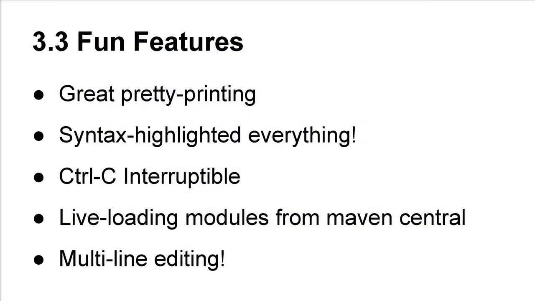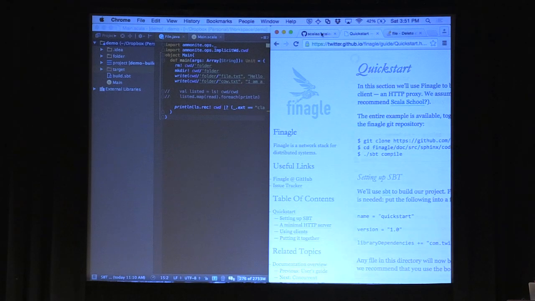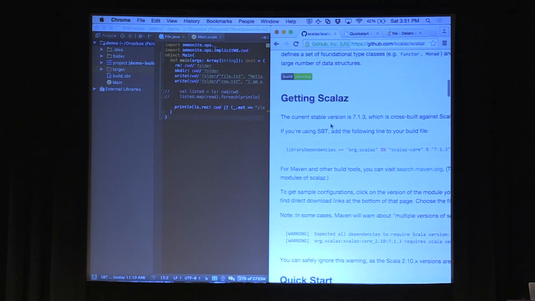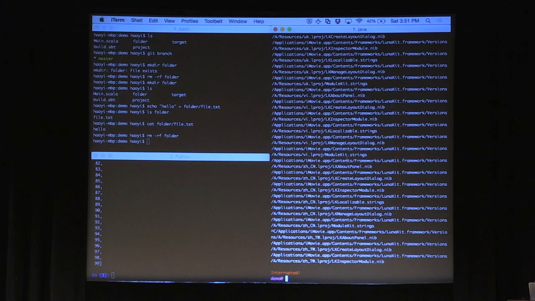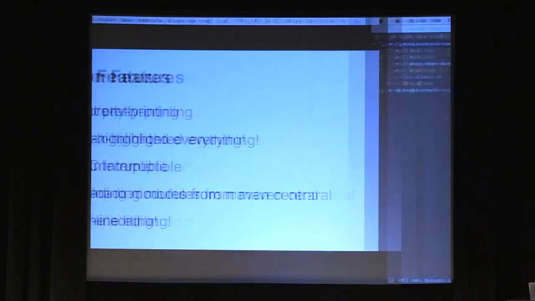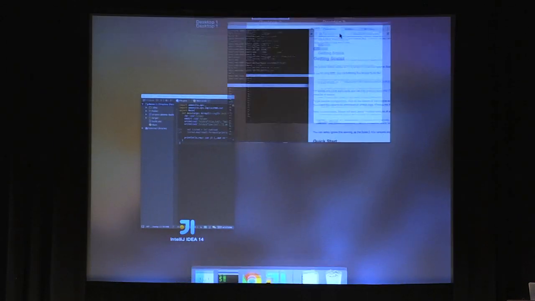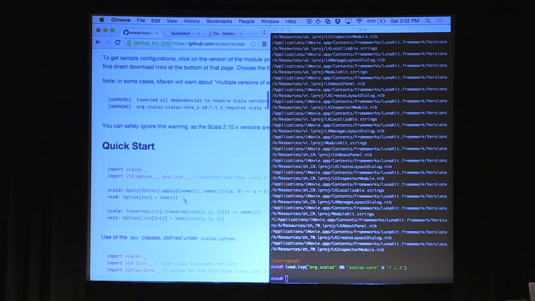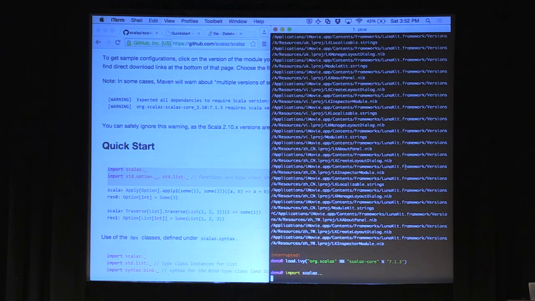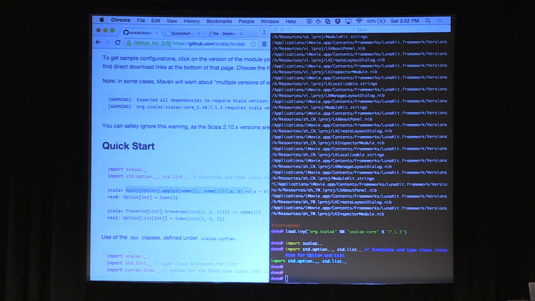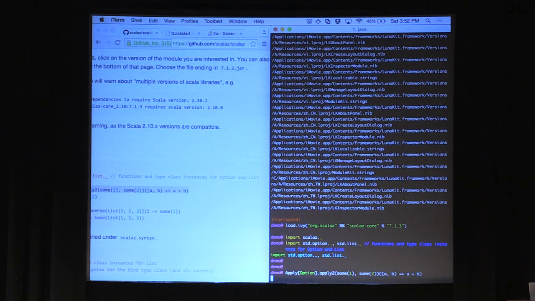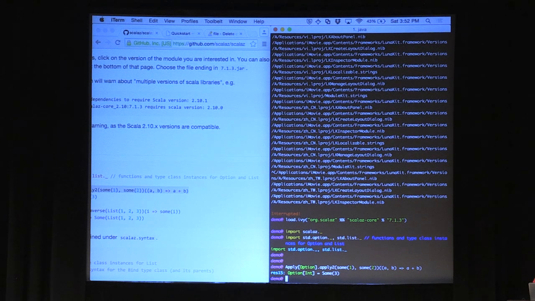You get some neat tricks, like you can live load modules from Maven Central. So let's say I want to try out Scalaz. Decide I'm really into this monadic higher-order type-level programming thingy. So I look at Scalaz. Here's a website. The GitHub is apparently the best tutorial I could find on how to use Scalaz. I load ivy Scalaz, and let's just move this here so I don't need to keep flipping back and forth. And I can immediately start using Scalaz in the REPL. So I do this strange incantation that does funny things with options, and it seems to do the right thing, which is great.